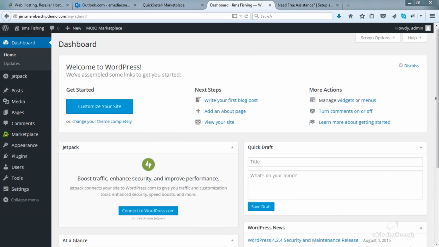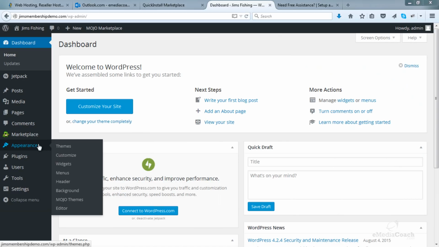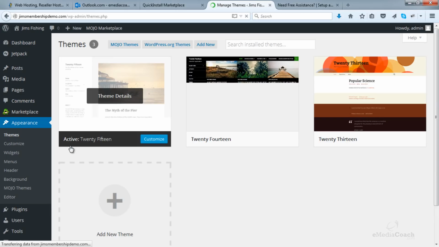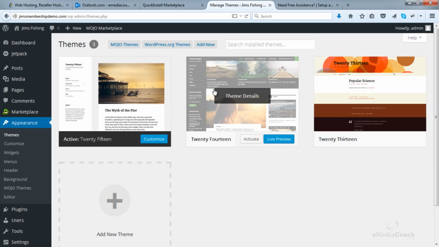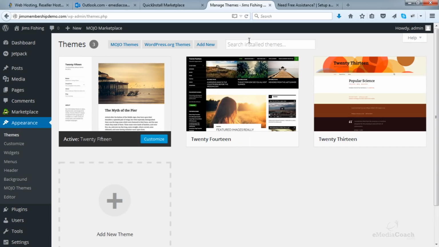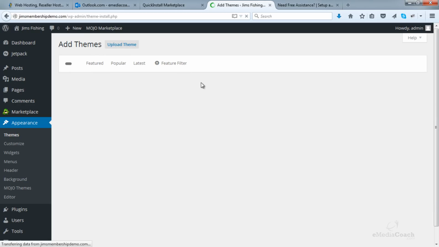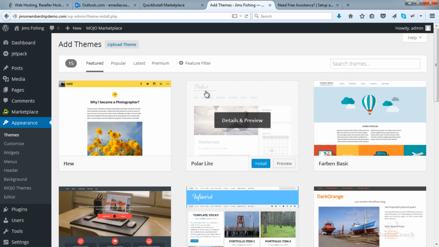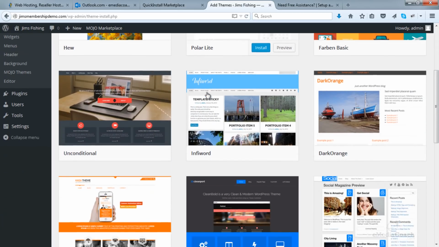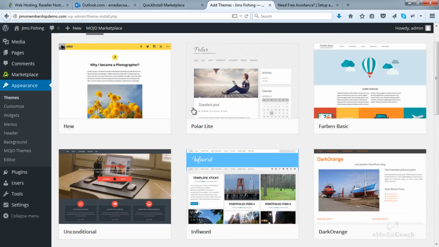Now that we've done that, the next thing I want to do is install the website design. So on the left hand side column, just hover over Appearance and click on Themes. Now for WordPress, a theme is basically a design. Now the theme we're going to use, I'll show you how to access that in a second. However, if you want to, you can look through the WordPress theme library and install any one that you want, and a lot of them are actually free. So by clicking on this link here, you'll be able to see hundreds and maybe even thousands of themes that you can install and start configuring.